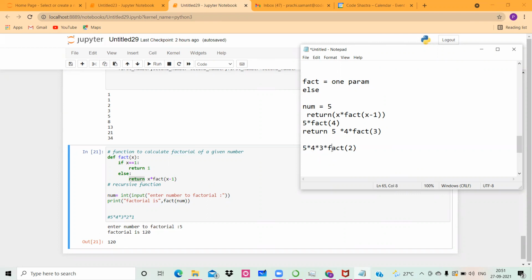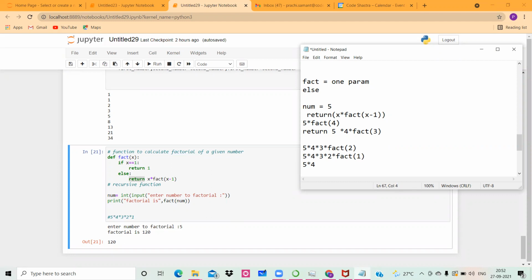Again, looking at this fact function, it will go into the factorial code. Next time, the expression becomes 5 into 4 into 3 into 2 into fact of 1. In this case, whenever it goes to the factorial function again, the value has become equal to 1, so it has to return 1.